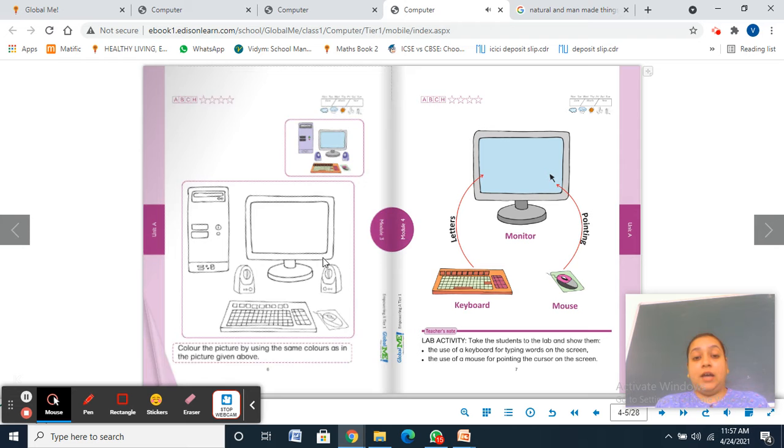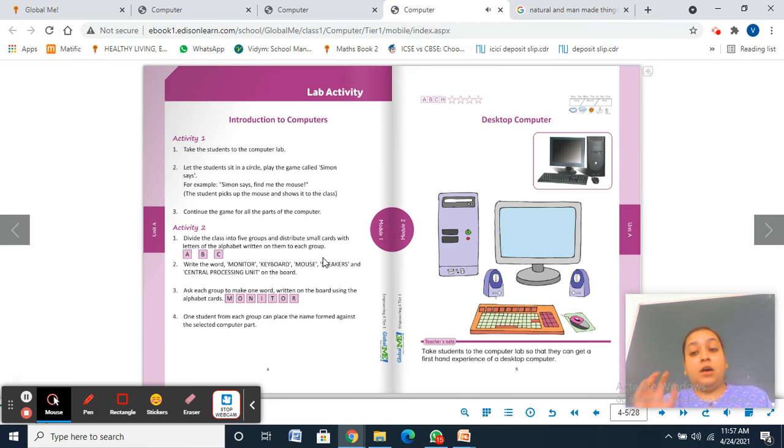In this chapter, you should know the outlook of each of these. If I show you the monitor, you should know this is a monitor. When I show you the CPU, you know this is a CPU. You should identify each and every component we are going to learn in this chapter. Concentrate on the screen and listen to me very carefully.